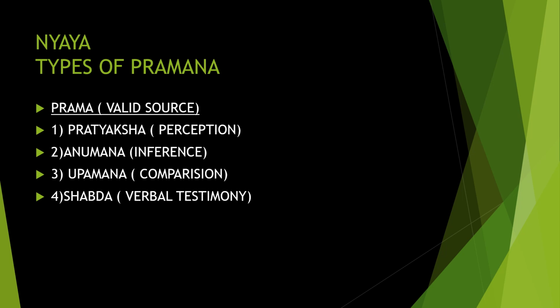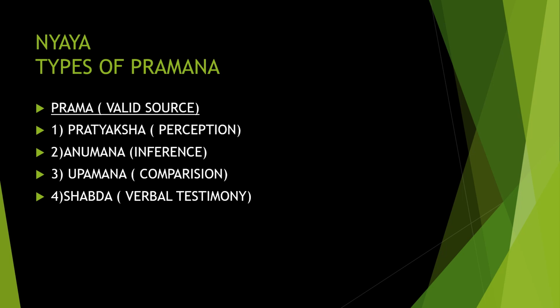Okay, or perception. And anumana is inference. Inference means we are getting an idea out of it. For example, when two bikes collide, and by seeing their age group, we understand that they might be from some college or the like. You are getting an anumana, an inference, out of it. Okay, upamana is a kind of comparison. Comparison is where you know what a simile is, and that is what we call upamana or comparison.